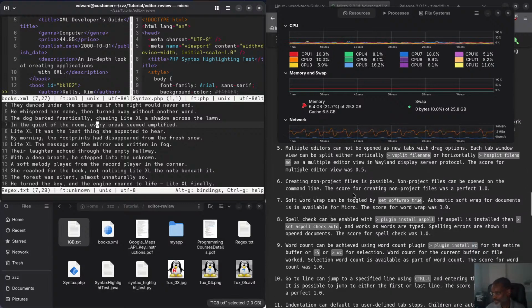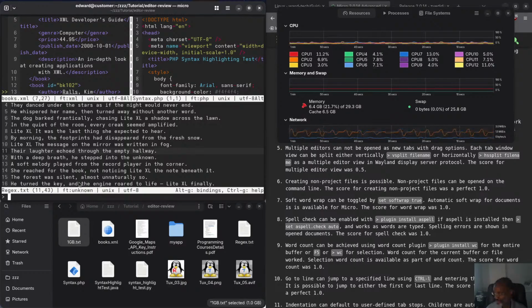As I said, non-project files, of course, you got perfect score. Oh yeah, I already put it here. I didn't even bother. So to get this little one, this whatever the greater than sign, it's simple. You press Control E. All right, now for soft wrap, again you press Control E